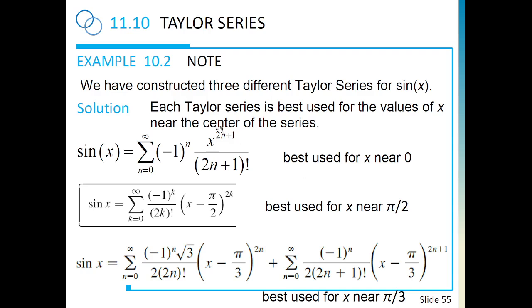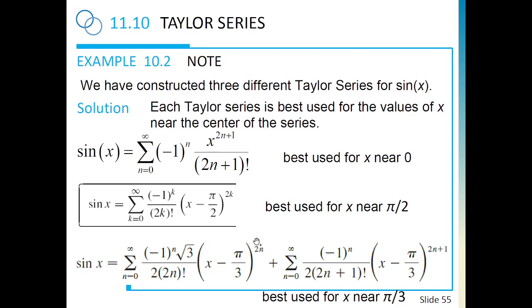So what we just realized is that the same function sine x has a couple of, actually infinitely many Taylor series depending on the center. So here the center of the series was 0, so that's called also Maclaurin series, and this is the shape. You see how simple and cute. If I have a center of the series pi over 2, we got a more complicated expression for the series. Now when I have my center of the series pi over 3, look how complicated the expression of the series is. Now all of these series are equal to sine x,